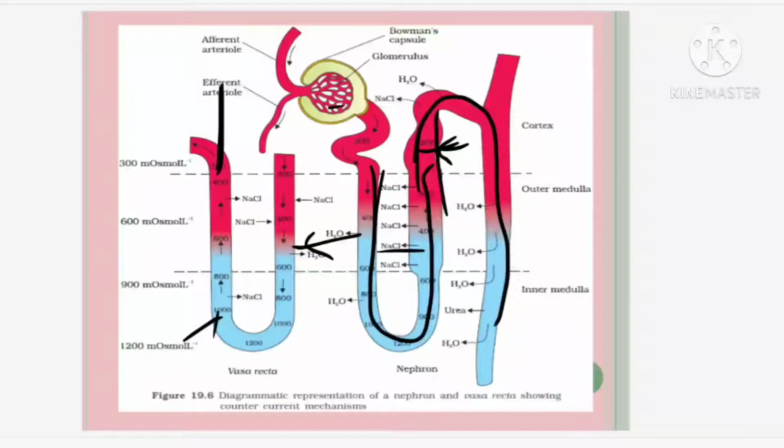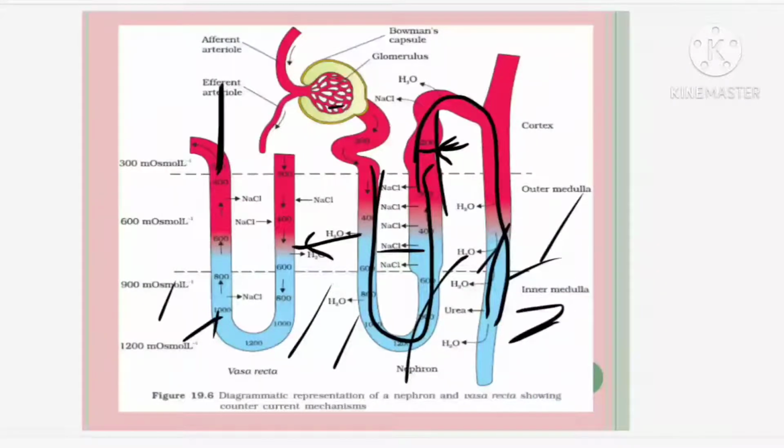In this collecting duct, in order to maintain the osmolarity, how much water and salt is regulated, pH balance, and ionic balance has to be regulated. So, for that, water is reabsorbed from the collecting ducts. Okay. So, when the water is getting reabsorbed, automatically what will happen? The concentration of the urine will increase, the urine will become much more concentrated. Along with that, you have to note that the urea is also moving out to some extent. A little amount of urea also moves into the medullary fluid in order to maintain osmolarity.